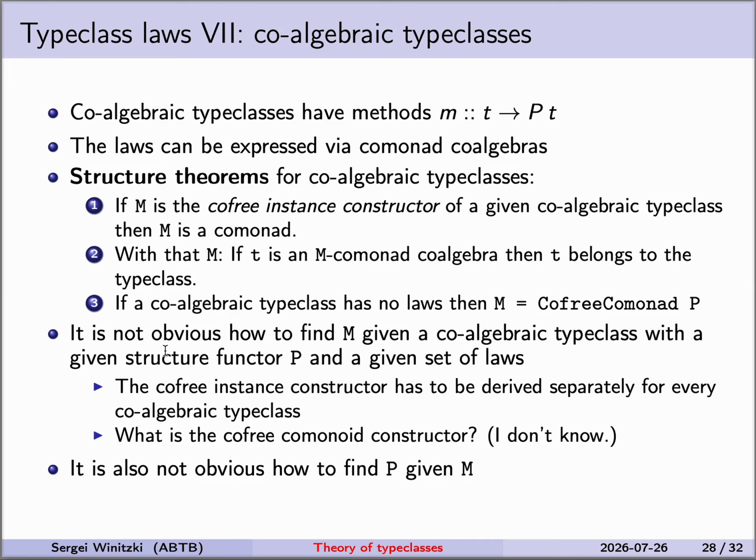And just as in the case of the algebraic type classes, it is not obvious how to find M given a coalgebraic type class, and it's not obvious how to find the type class given M. It requires some ingenuity and some manual derivation in each case. So, for example, what is the co-free comonoid constructor? What is the constructor which is going to be a comonad that generates laws for the comonoid? And a comonoid is